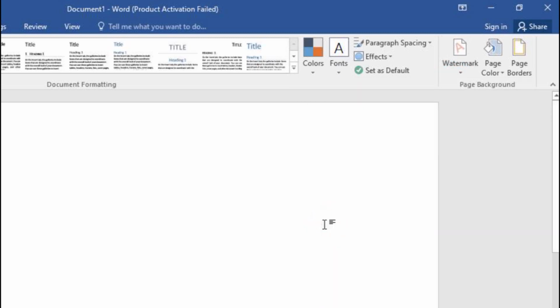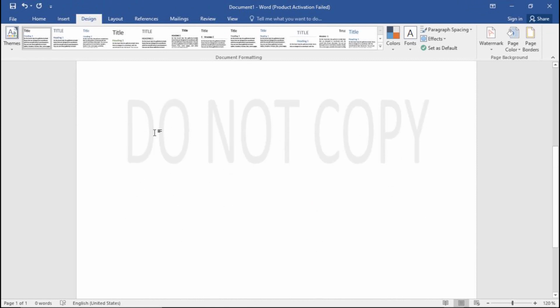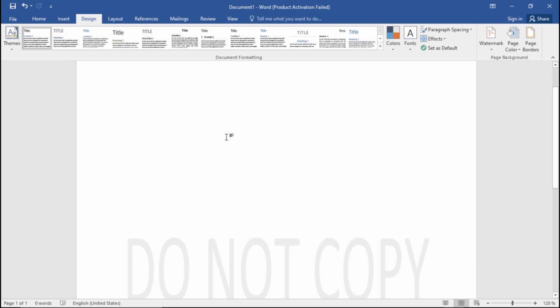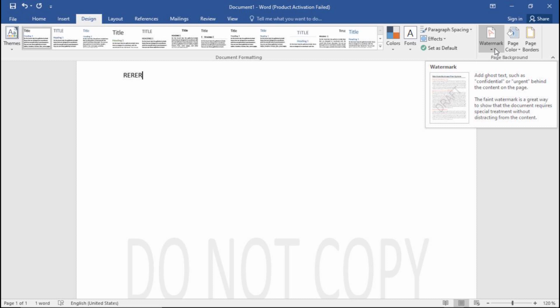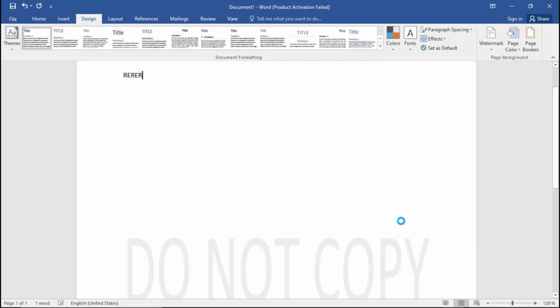If I click here, you'll be able to see Do Not Copy. Have you seen? It's very faint. When I type something, as you can see, it's very sharp, but the watermark is very faint. So that's what a watermark is. It's just slightly visible so that it doesn't obstruct the user, but you can read it. So, not getting out of line or out of topic, let me show you where it says Custom Watermark,